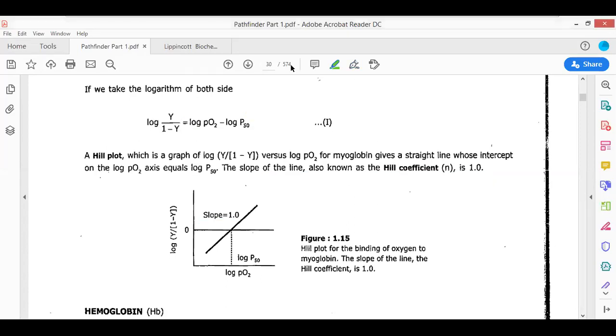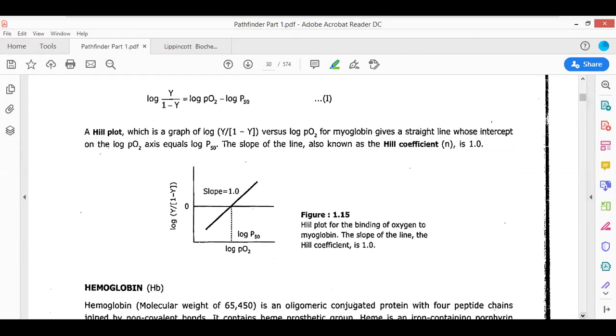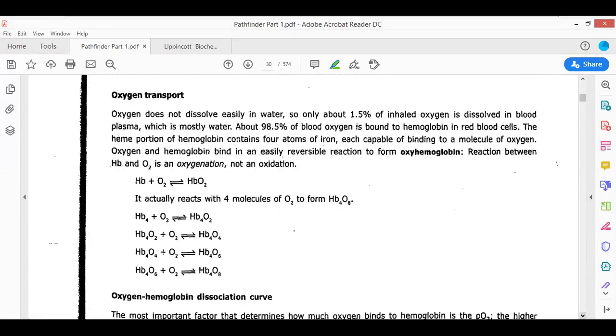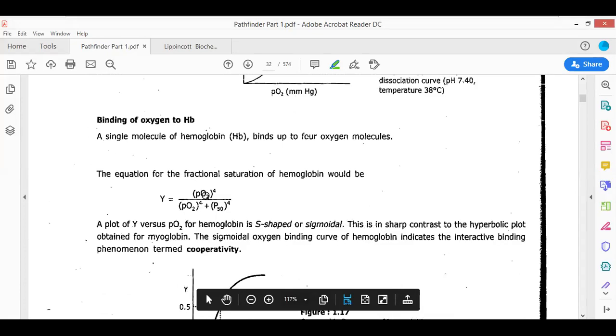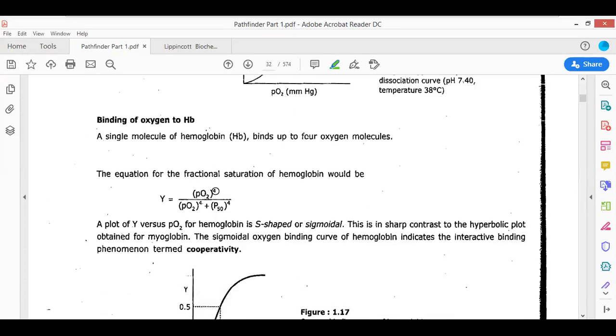In the case of hemoglobin, I will not go again and again over hemoglobin because I will not revise this. You can see this. The same thing is given for hemoglobin. See, the partial pressure of oxygen raised to the power 4, because each hemoglobin can bind 4 oxygen molecules, divided by the partial pressure of oxygen plus P 50%, when half of the hemoglobin is saturated, or the dissociation constant. Actually, the dissociation constant is measured at 50% oxygen concentration. So that is why we can write P 50% or KD.